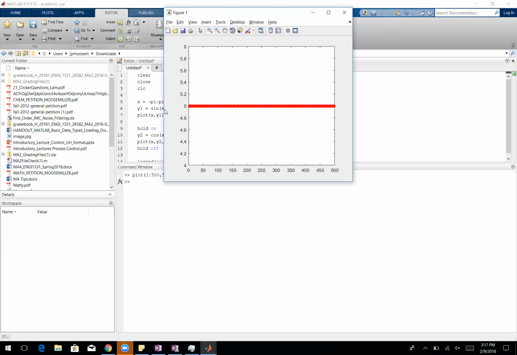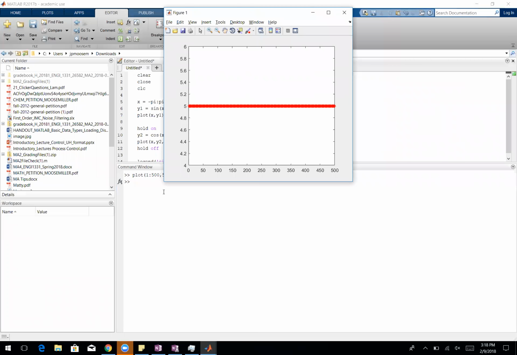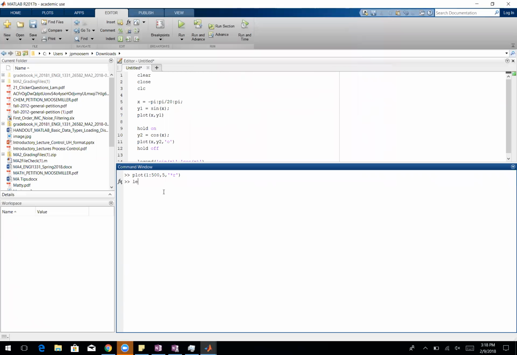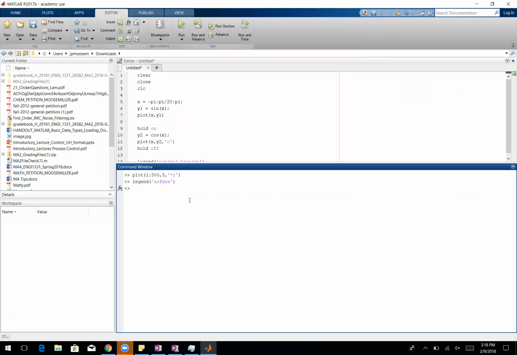And so if we want to plot a straight line, we can plot 1 to 500 against a single scalar. And the result does, in fact, plot. However, there's a problem with this. What ends up happening is if we try to do Legend and say whatever, we get this. But if we have a second plot on here,